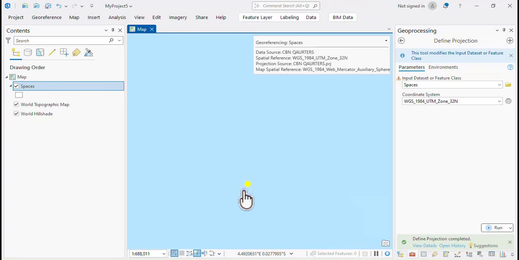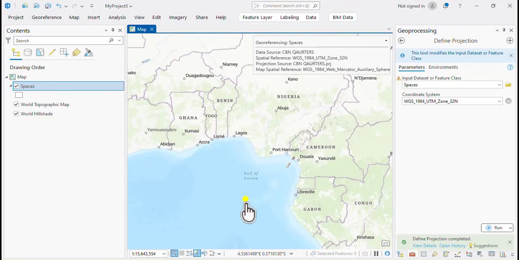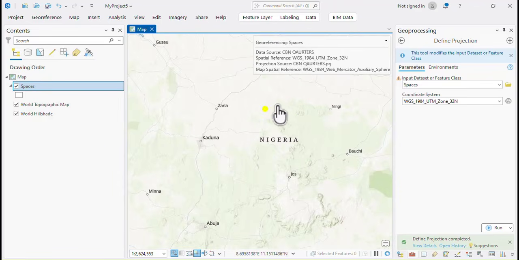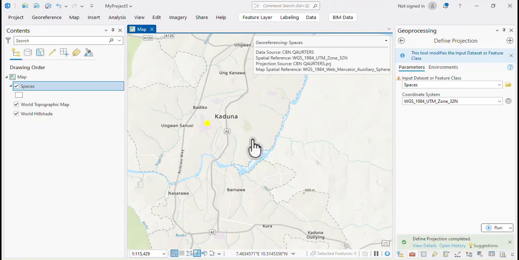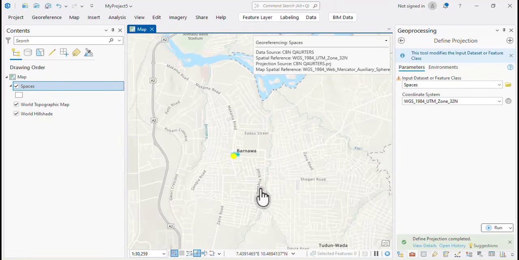So I'm going to zoom it down so that I see what I am seeing. Then I'm going to hold this and just drag it to this place. All right, so where this model is in Kaduna, I'm just going to come here and put it in Kaduna, so I know approximately where this is. All right, so it's in Barnawa, so I'm going to come and drag this to Barnawa, and this is around